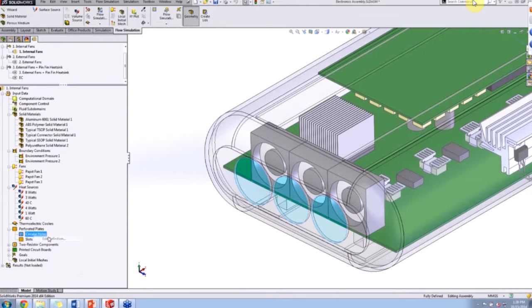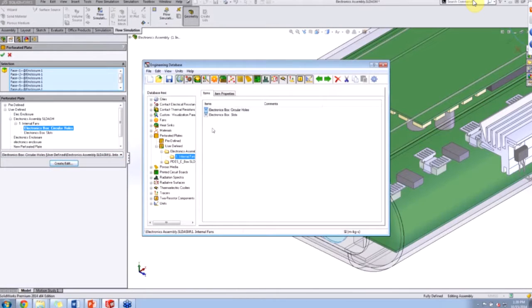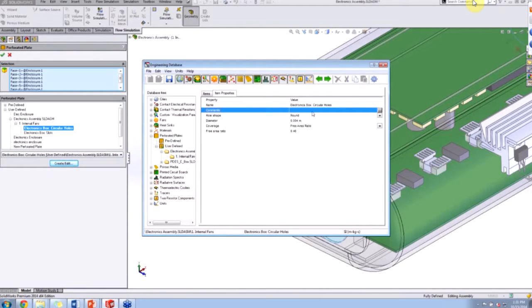So if I edit the definition for that now, we see that if I go into the database, we're just specifying, what kind of shape are we doing for the vents? It's a round hole shape. How big is that diameter? And then we can say how it's going to be covered within these lids, right? So again, it's quite a major assumption that we're making there, but it's to simplify the model, right? And it will understand that there is this circular pattern vent,